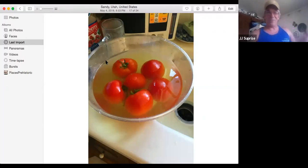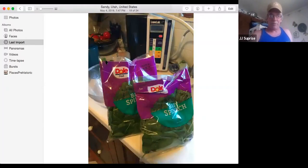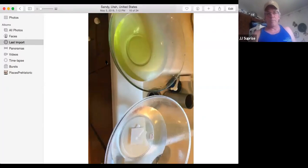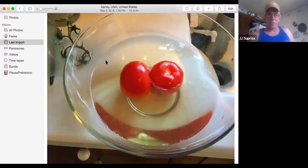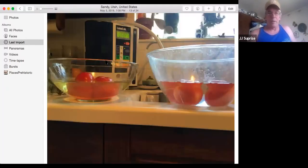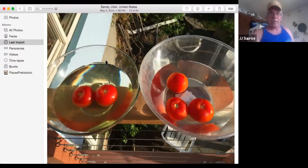Unbelievable. Actually, there were 6 tomatoes. But I threw a couple of other ones in there that I wasn't sure whether they'd been cleaned off yet or not. So you can see the differences in these things, and you can see here with the regular tap water that nothing's coming off of them, and the yellow starts happening literally as soon as you do it. Here's another one that I did the other day where you can clearly see the yellow versus